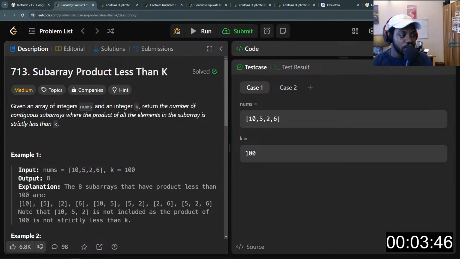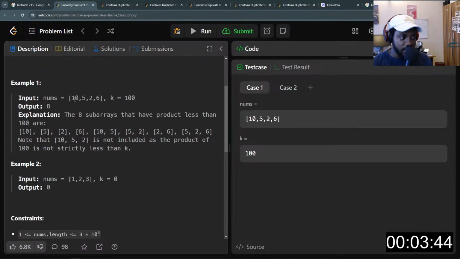We want to return the number of contiguous subarrays such that the product of those items is less than k, which is 100 in this case.